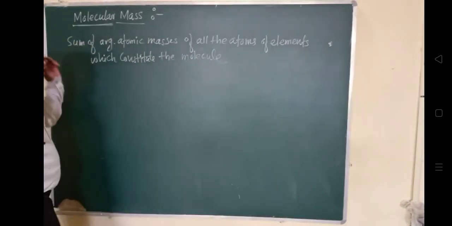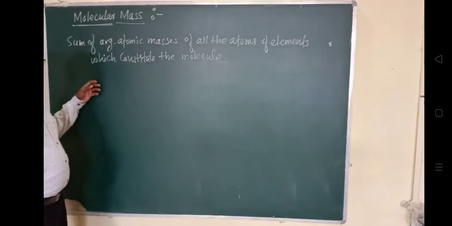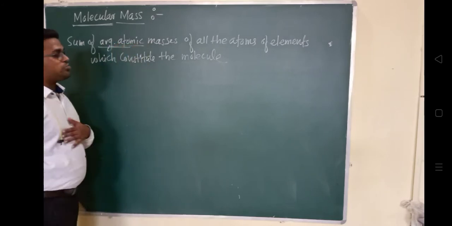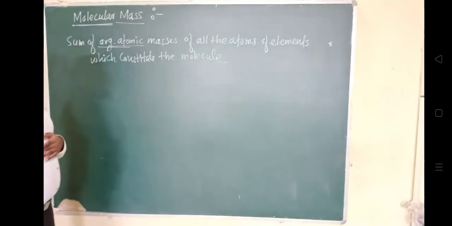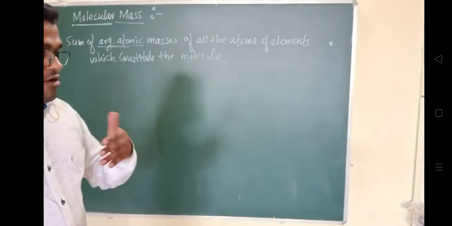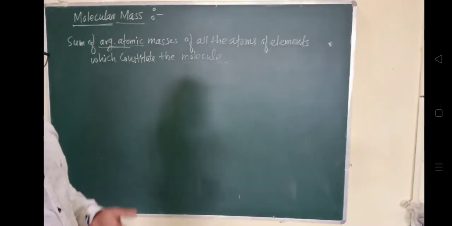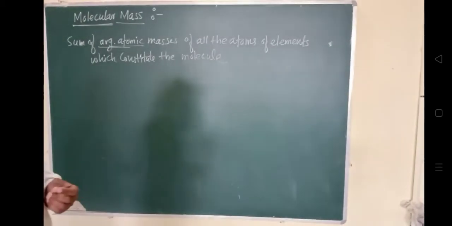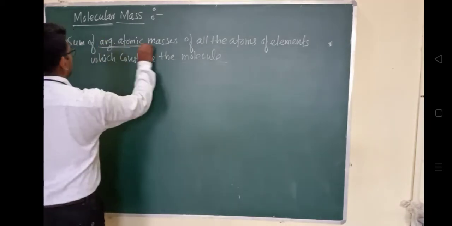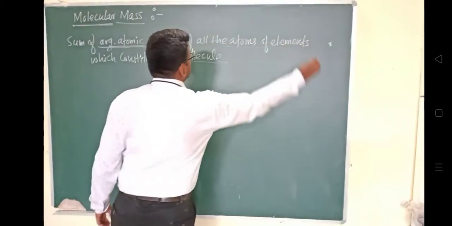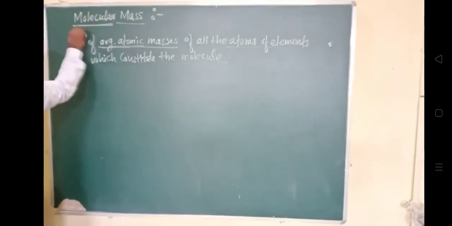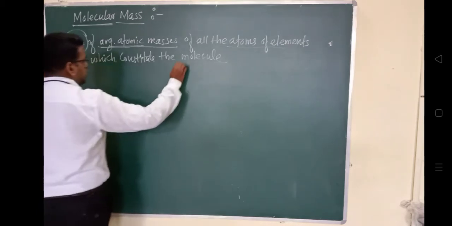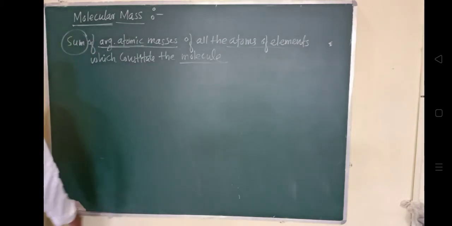So this is about the molecule, because a molecule is made up of different atoms of an element, and we will take the average of atomic masses, because just now we have seen how to average the atomic masses of an element. That is required because it consists of a number of isotopes. So we will have to average the atomic masses of the atoms in the elements, and we will add all these atomic masses of all the elements, because that is what constitutes the molecules.